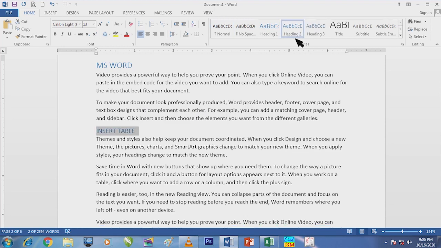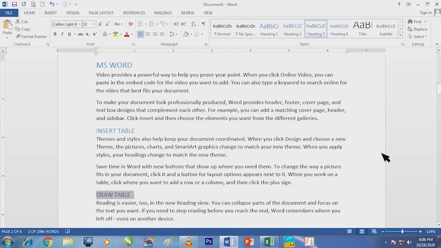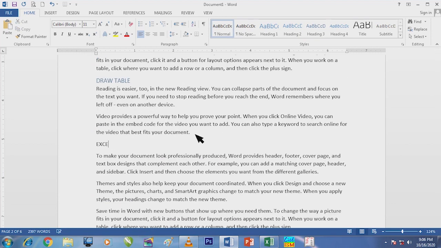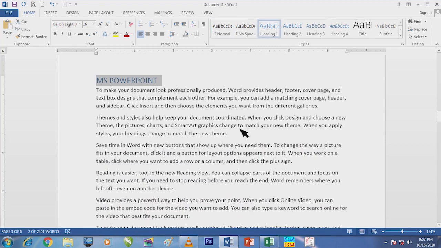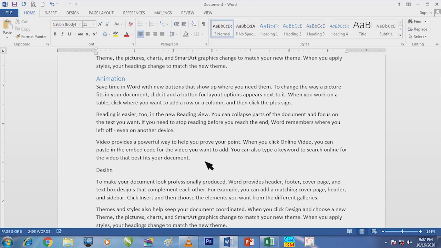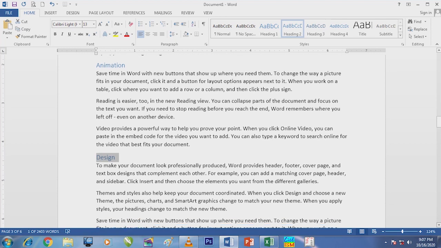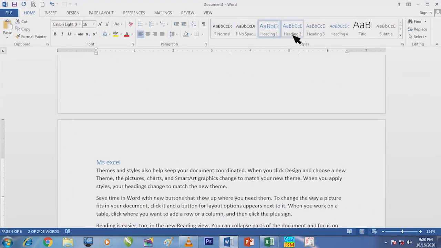Here I am entering a subheading, so I go and select it and click on Heading 2. Now I want one more subheading under the subheading which I have entered already. I select that and I go and click Heading 3. Like this I can enter in all other pages. I can give the headings, subheadings, and still some more minor titles or headings under the subheadings which I have already given.